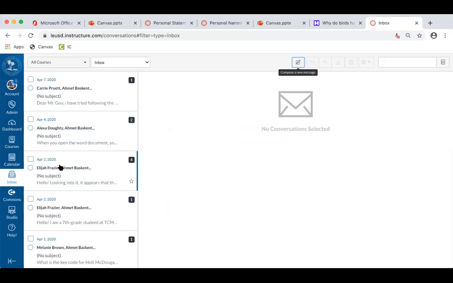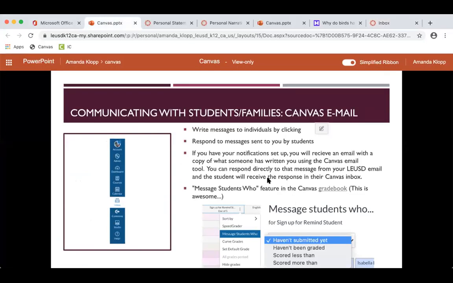You can write to particular students. You can write to the entire class. You can write to other teachers. My favorite thing about using those kinds of messages is the message students who feature, and that's found in the